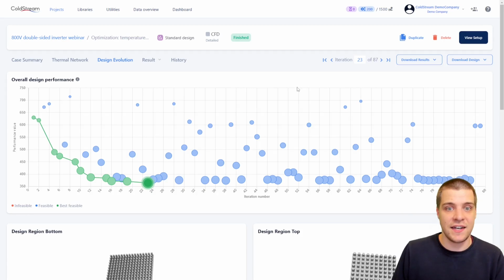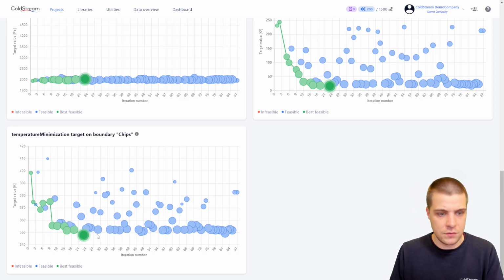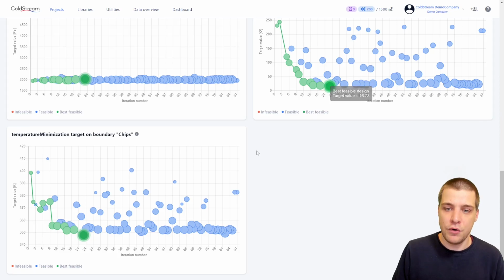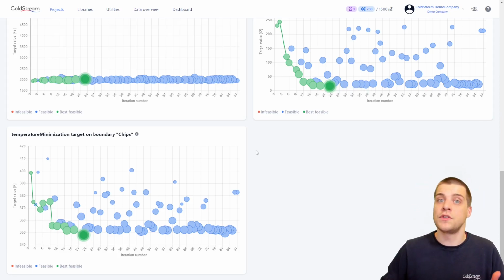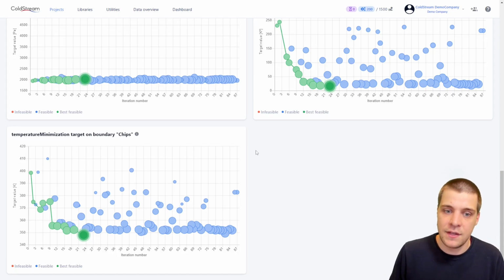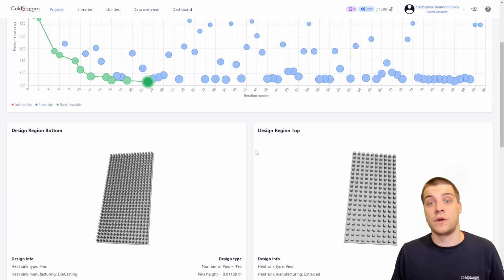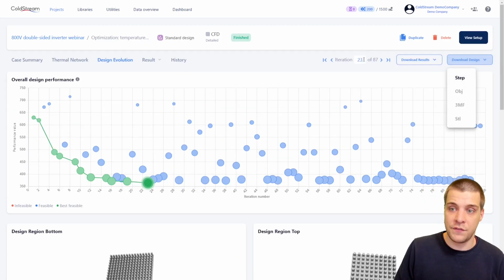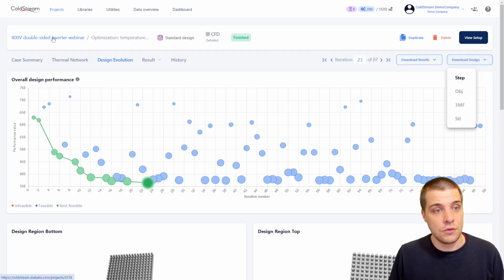Now that I have this design, let's say my temperature minimization objective is almost perfect. My temperature variance minimization can still be improved. What I can now do is use this initial design to help ColdStream point already in the right direction, and further optimize using a custom design. So what I did for this case is I downloaded the results of the 23rd iteration in step file format, and I uploaded that to a custom design